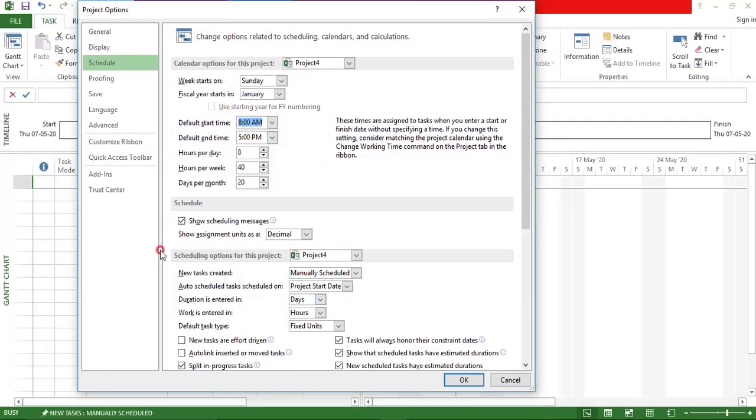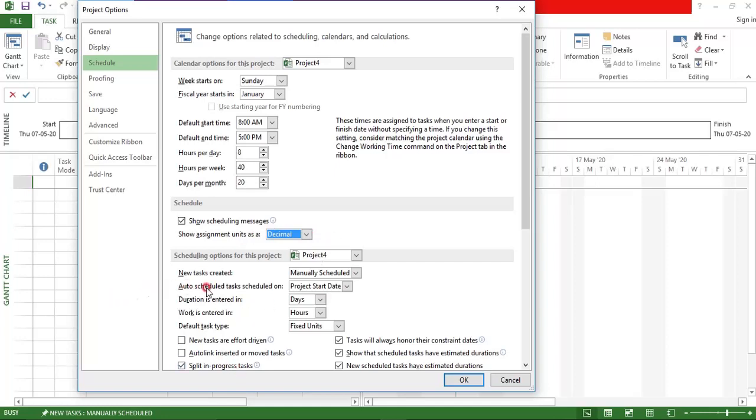The very next option here is show the assignment unit as either decimal or percentage. I've told you about this option: suppose you have 10 laborers working, and out of that only 5 are working on site. It will show as 5 exactly in number if you select decimal, but it will show as 50% if you consider percentage. So as a starter, the decimal unit will help you to understand the software and the things better.